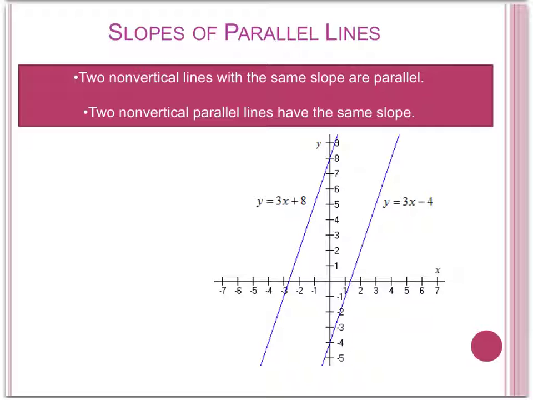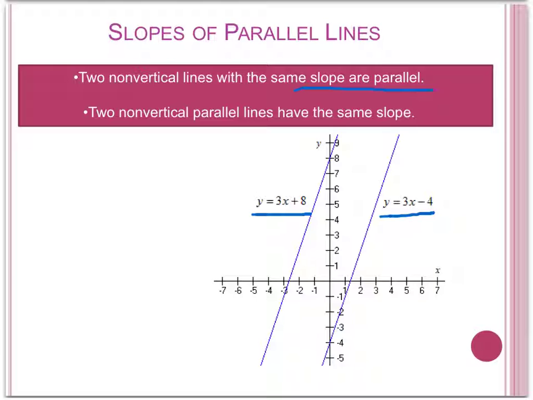Next, the slope of a line can tell many things, such as if 2 lines are parallel. If 2 lines have the same slope, then the 2 lines are parallel. For example, we have y equals 3x plus 8 and y equals 3x minus 4. Both of these equations